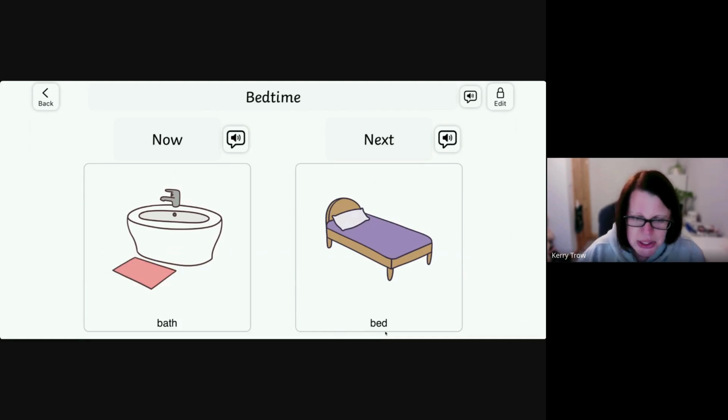So from this point, I will just try and demonstrate the read aloud features. So I'm going to click the speech bubble to the right of the title. Bedtime. So then you could use that. So you could either verbally talk a learner through this, or you could use the voice output on it. So you could do